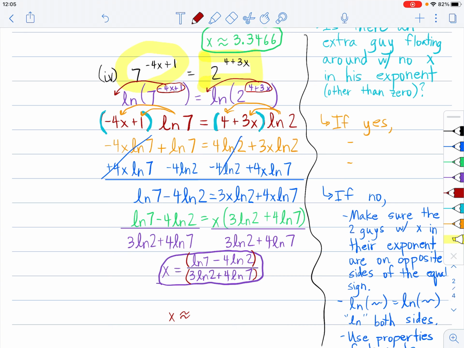So ln of 7 minus 4 ln 2 divided by, in another parenthesis, 3 ln 2 plus 4 ln 7, parenthesis, parenthesis, and I hit equals, and my calculator tells me that this is about negative, a negative looks weird,